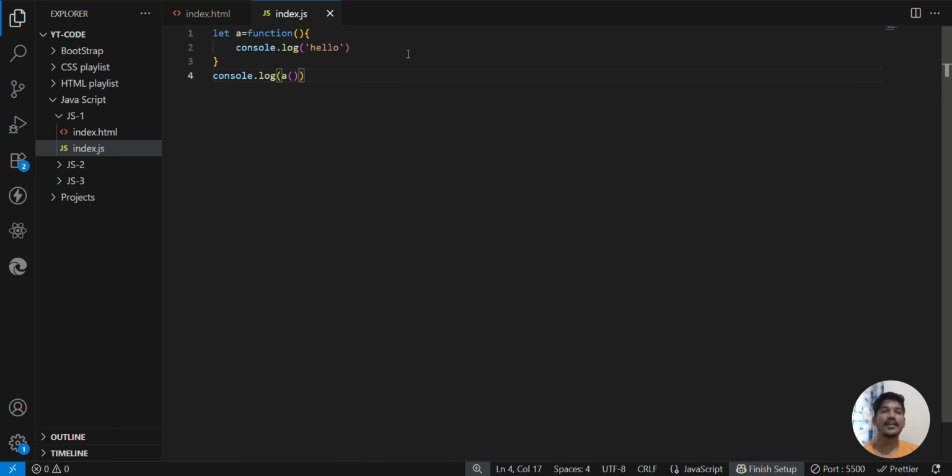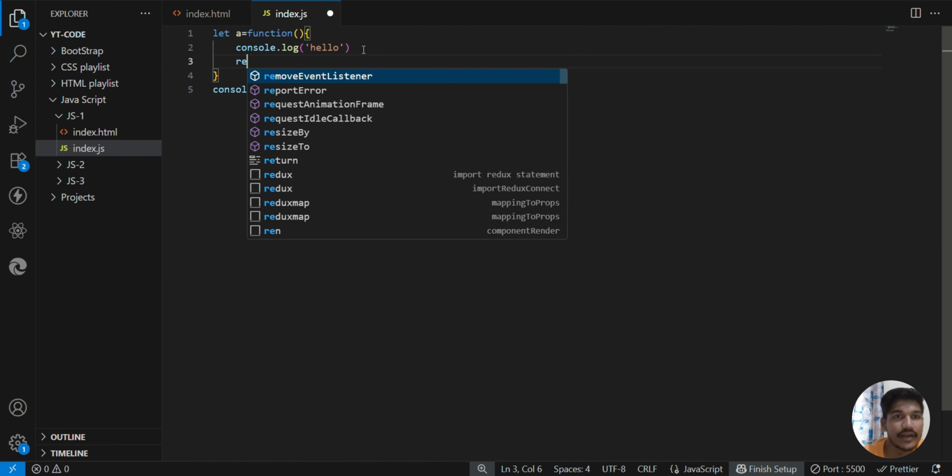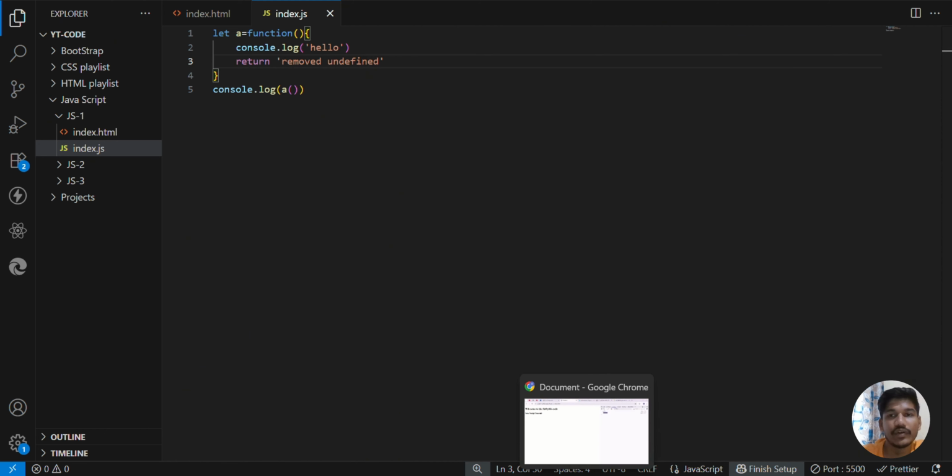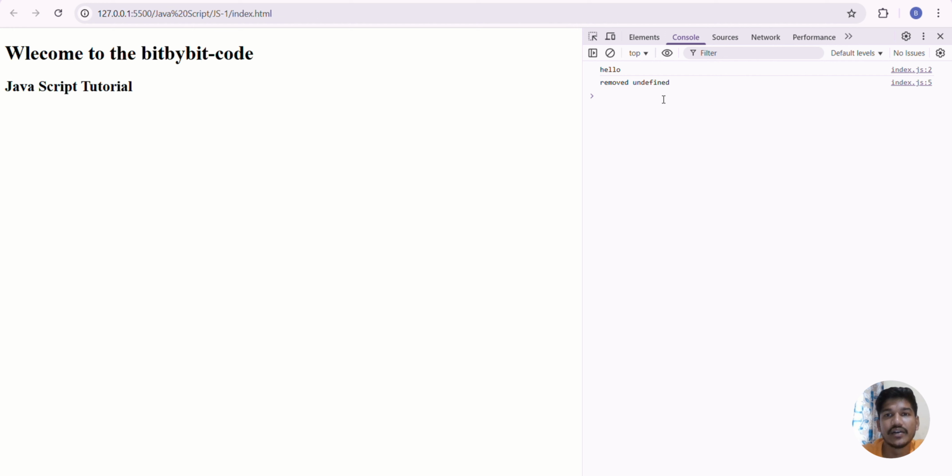If you are not providing any return, then by default the browser will provide undefined. So for that we are getting the undefined. If we don't want to get the undefined, what we should do is, after this console, return it, to remove undefined. Okay. Now, if you go to the browser and see the same thing,